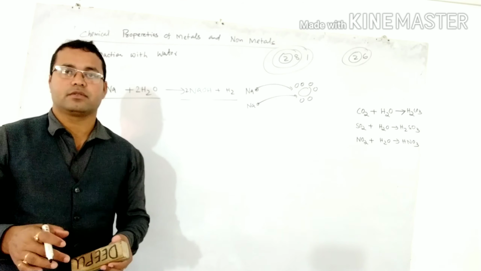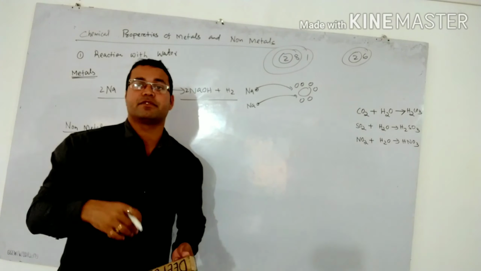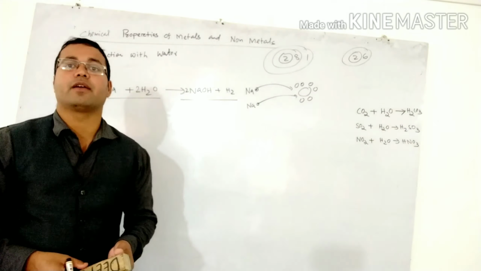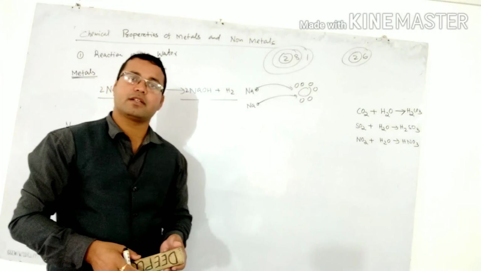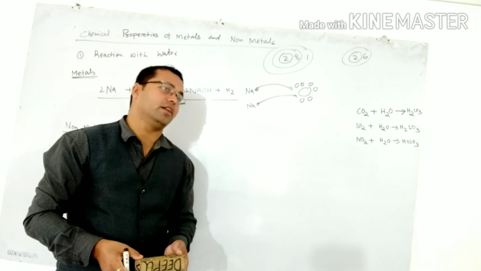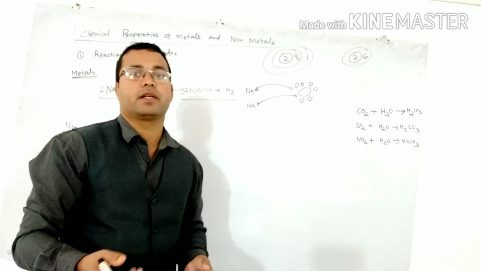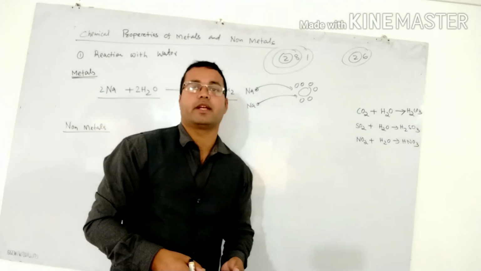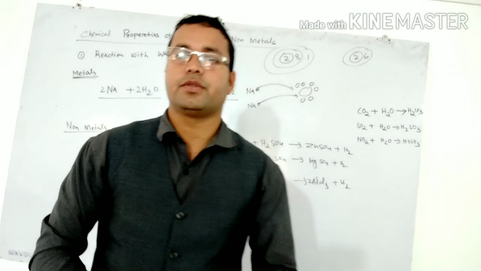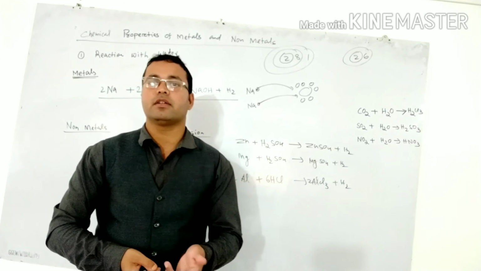Only metals, or not all metals. The metals which are reactive react with water and give metallic hydroxide. Some metals are stable, for example gold and silver, and they generally do not react with water. That's why jewellery is made of gold and silver; even if it gets wet in water, the color will not spoil, because they do not react with water. So already I told you that most metals react with water.